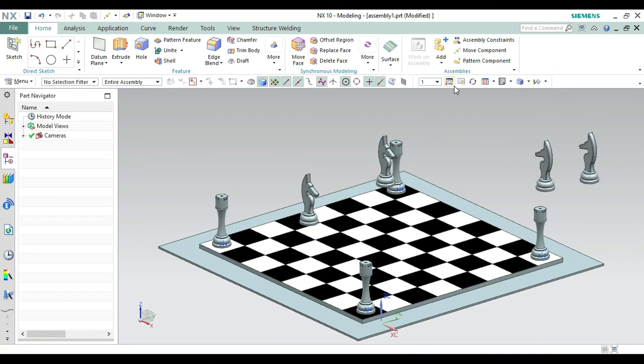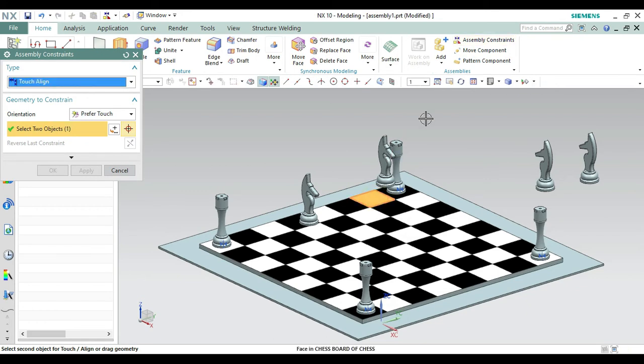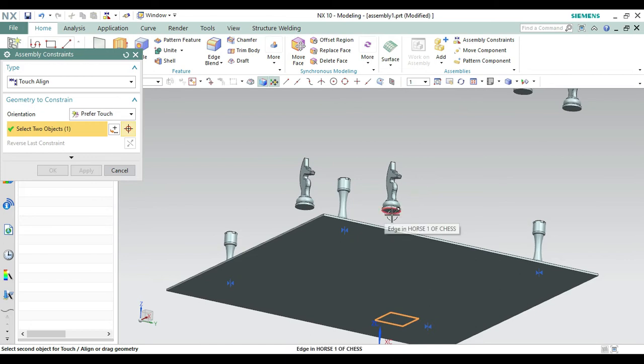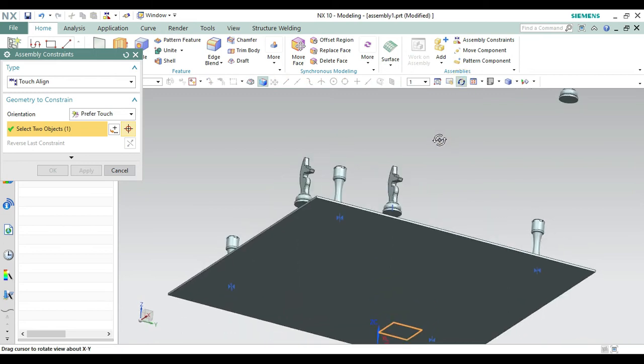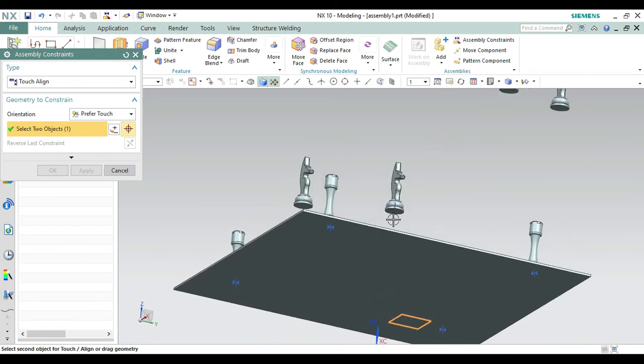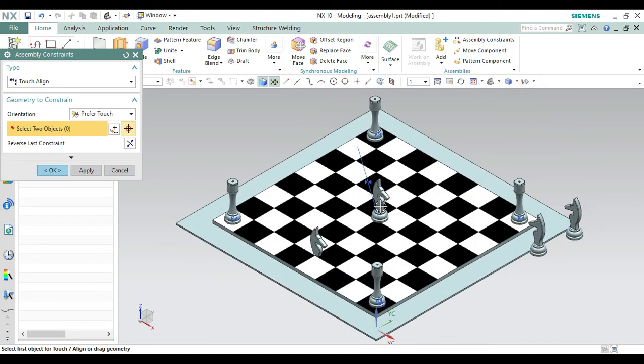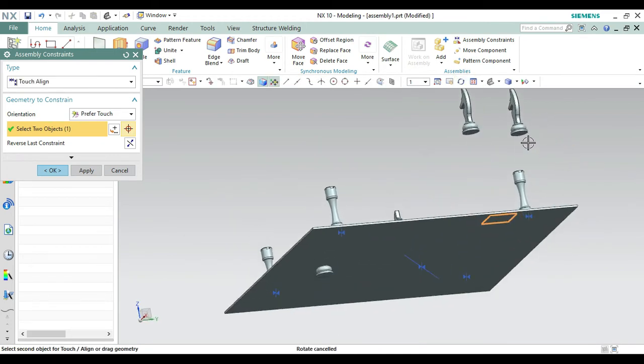here. Now what we have to do is to going on the assembly constraint, we have to assemble this face and then the face of this horse. We need to select the face, not the edge. Edge or face, no problem, both will take the right one, but we select only face. Try to select the face in the horse. Again bring into the isometric view from here like this one. Again selecting this face, rotating this, can easily do with this face.